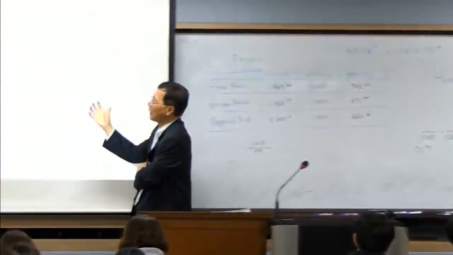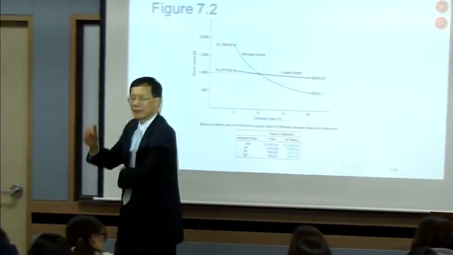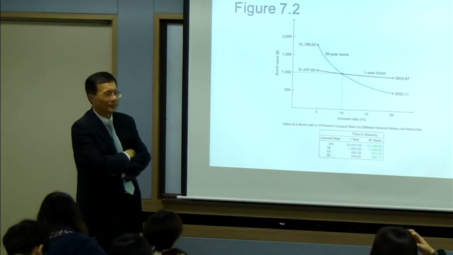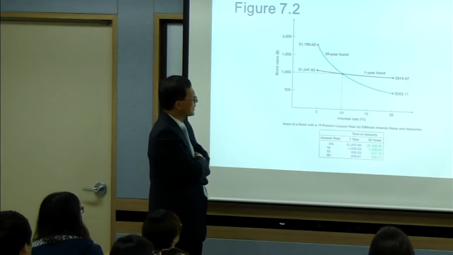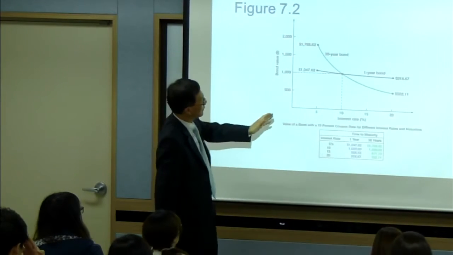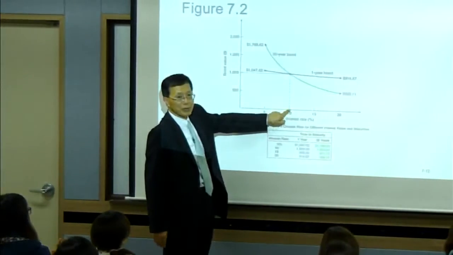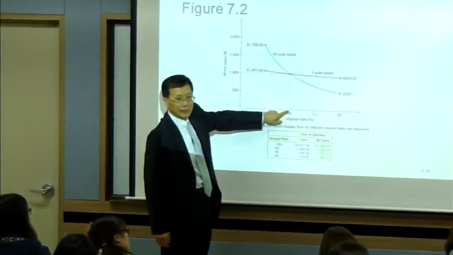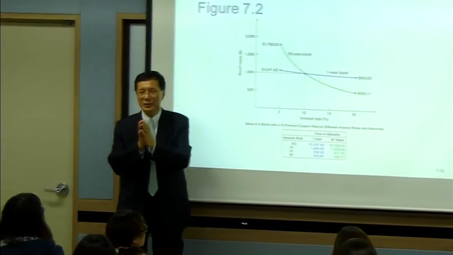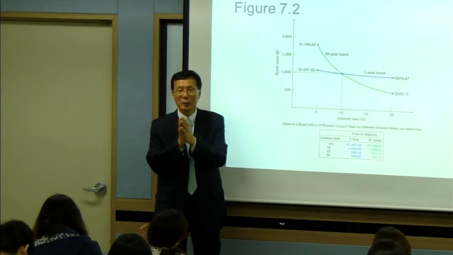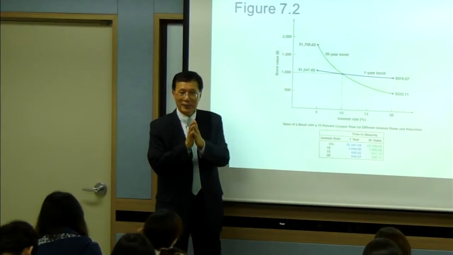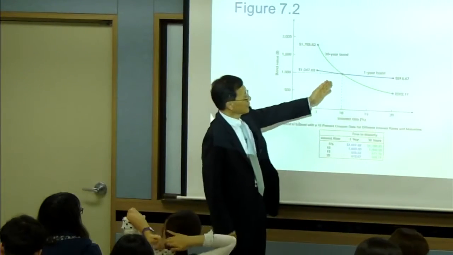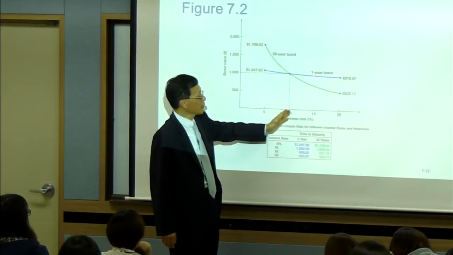These relations are drawn on this graph, figure 7.2. Look at this. It is interesting. If at the moment the interest rate is 10%, the yield to maturity is 10%. But this interest rate can change over time. If interest rate suddenly goes up to 15%,